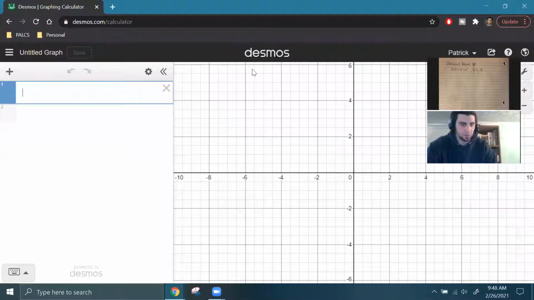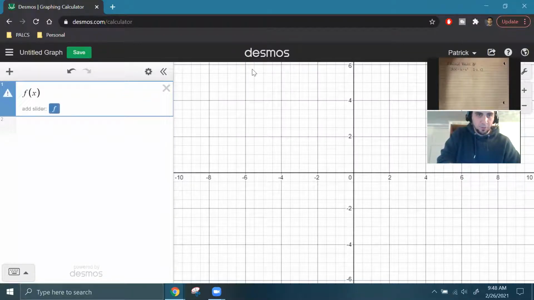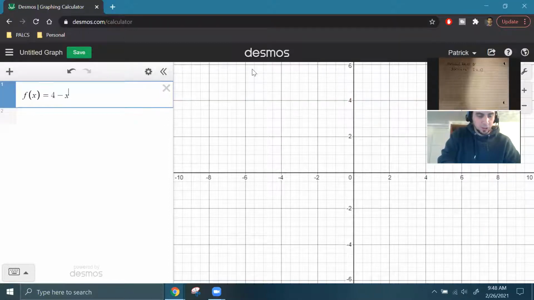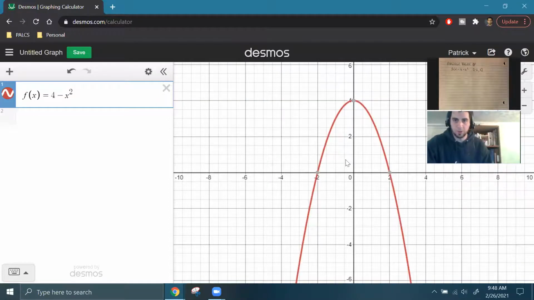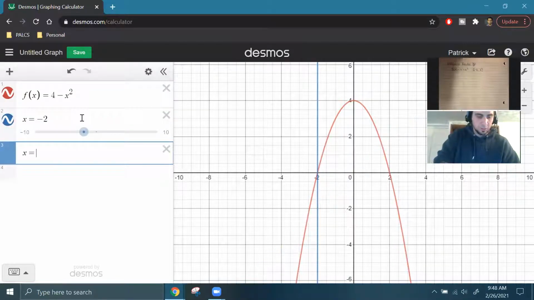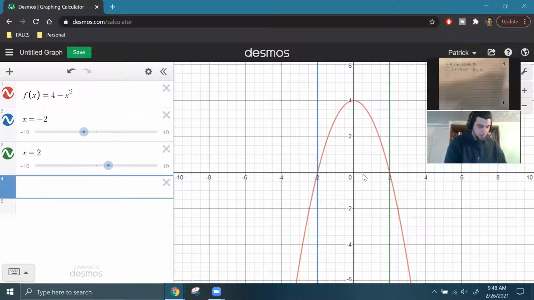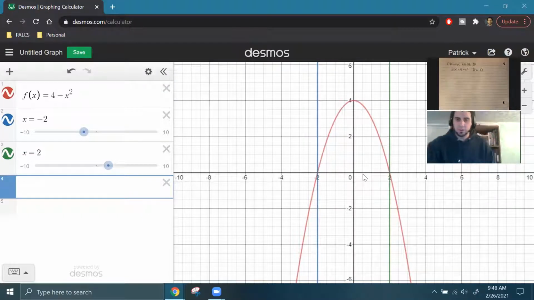Again, I'm using DESMOS. This is a very powerful free graphing calculator program. So if I do f of x equals 4 minus x squared, you get our function. And we're going from x equals -2 to x equals 2. Those are actually the roots of the function. And so what we're actually calculating here is the average value of this function. The function takes on heights from a height of 0 here, it increases up to 4 and then decreases